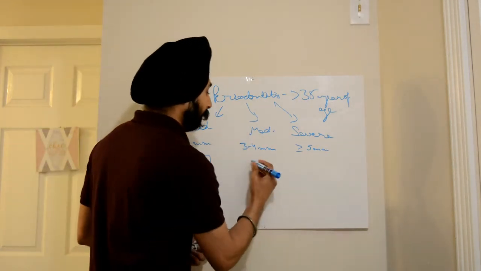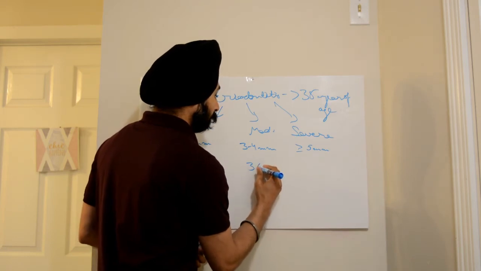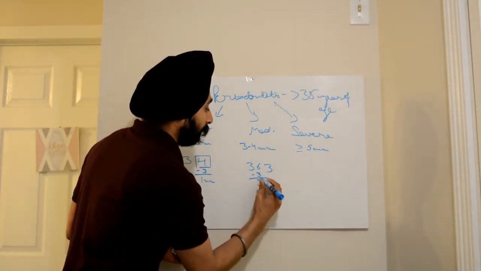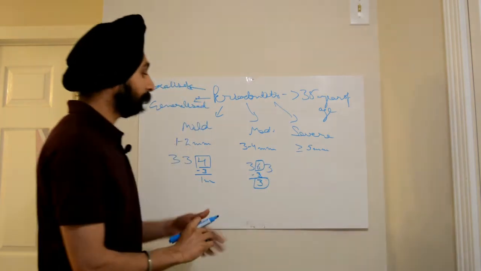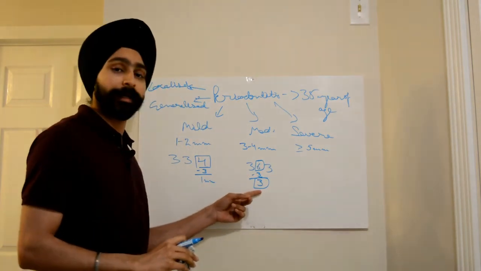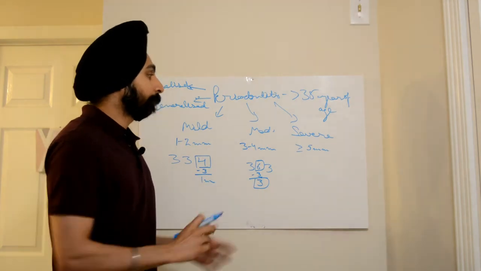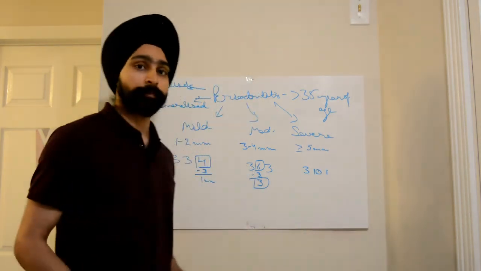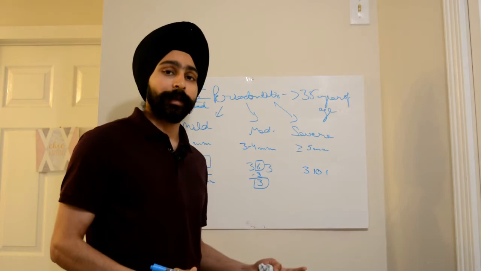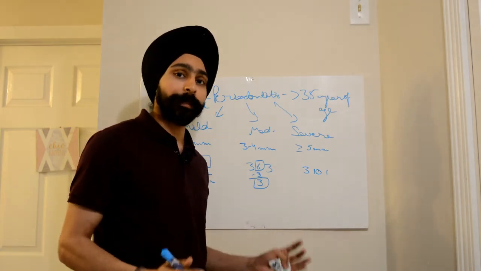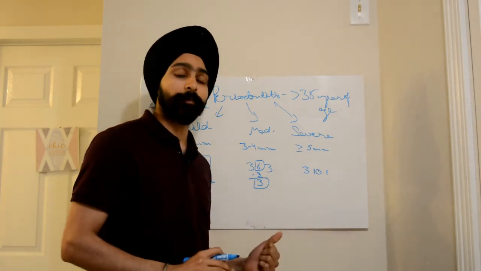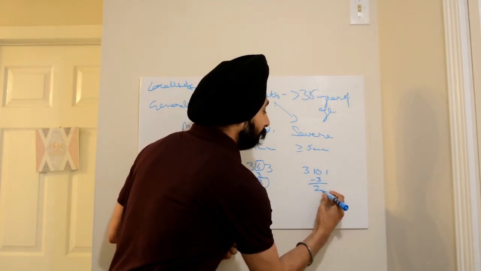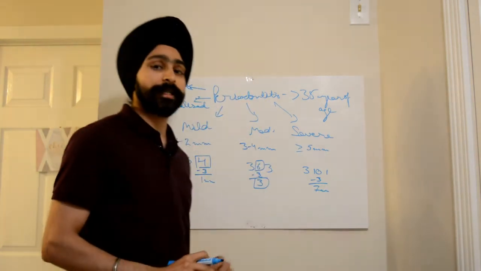Let's say somewhere it is given here, this part is more than 3 millimeter, so minus 3 it becomes 3 millimeter. So the clinical attachment loss here is 3 millimeter. Let's say in this case probing depth was given 3, 10, 1. And we know when there is no recession present, we just have to subtract 3 millimeter from the given probing depth to find out the clinical attachment loss. So it becomes 7 millimeter. This is an example of severe periodontitis.